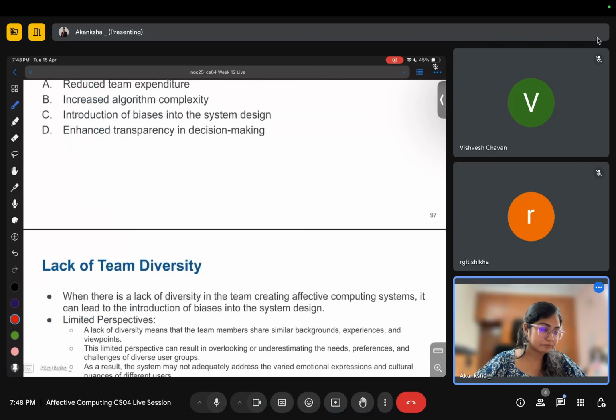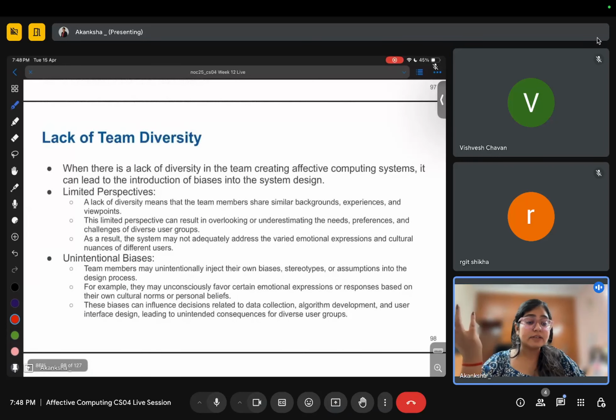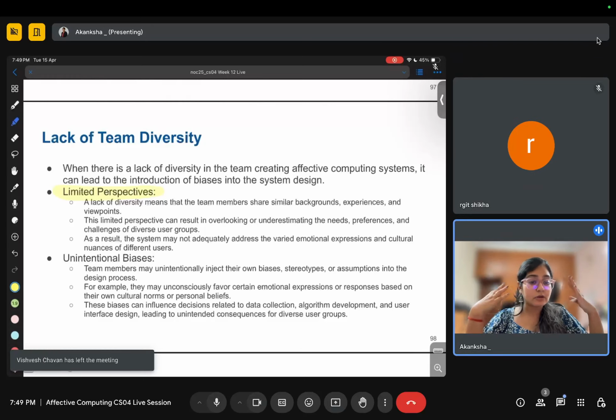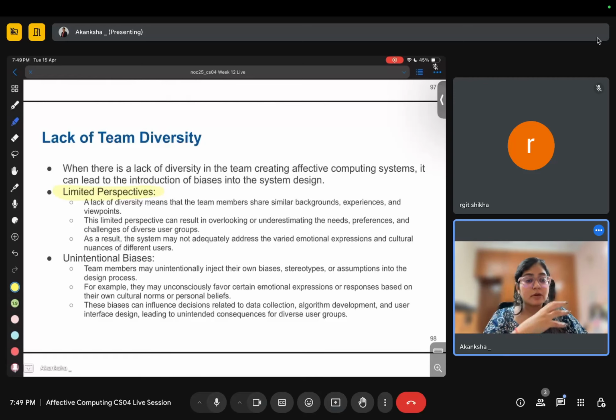So let's see. Lack of diversity may lead to limited perspectives. If everyone on the team is American and you are creating a product which will be released on a global level, that means you are not bringing a global perspective into your team. So they all come from similar backgrounds, so nobody is there to add some information. They all will be thinking alike, right?